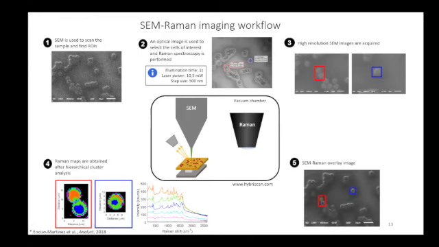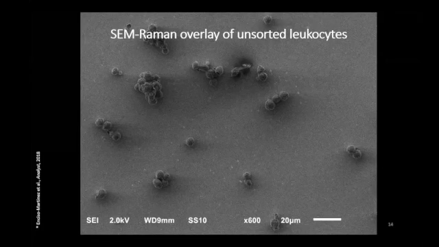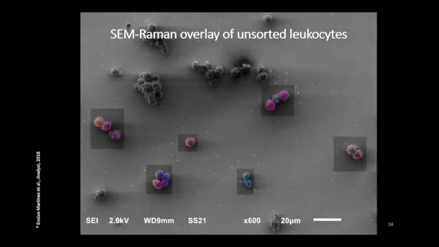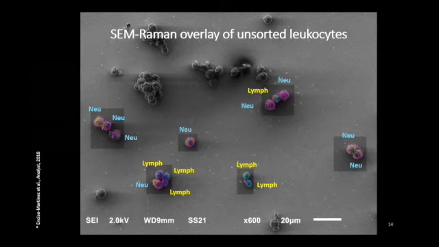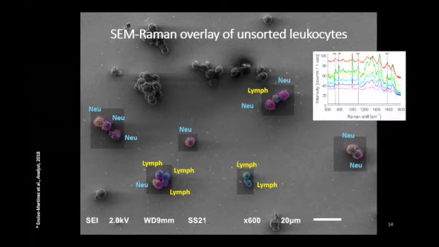And the next thing, you can also overlay the images. So we did that for instance on an unsorted sample of leukocytes, and we have here an SEM image. Here we don't distinguish which cell is which, but once we do the Raman imaging and the cluster analysis, we can label the different types of cells that we have in our samples, such as lymphocytes or neutrophilic granulocytes. And then we can look at the Raman spectrum, and what was interesting in this sample was the presence of nucleic acids, because of course the lymphocytes have a lot of nucleic acids. And it was interesting to also look at these biomolecules and the difference between the two types of cells.